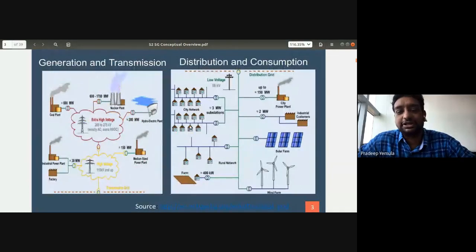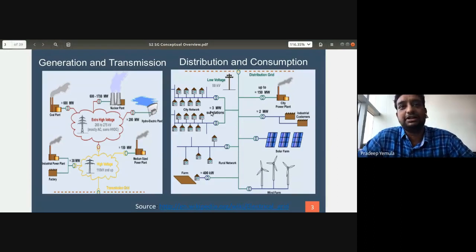Now, what are the problems or issues in this particular grid? One is how to maintain the voltage. Sometimes when there is a huge demand, the voltage may reduce and it may be a problem. Another is how to maintain the frequency of the grid. In certain countries the rated frequency is 50 hertz, in other countries 60 hertz. How to maintain constant frequency of your grid? That means load and generation have to be balanced.